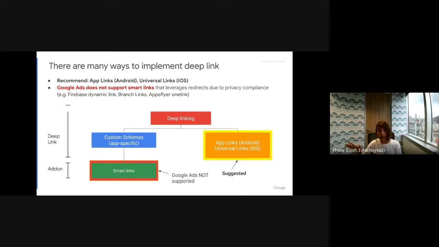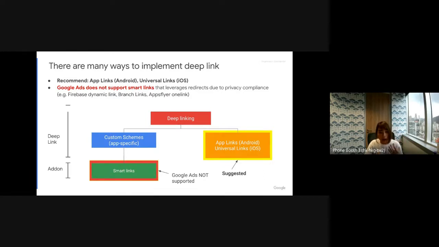This is what we suggest for Google Ads campaigns. On the other side, your developer can also set up custom schemes, which is a custom deep link set up by your technical team.